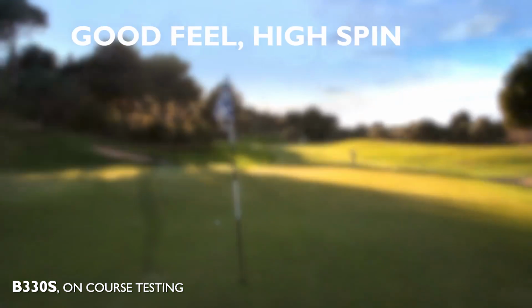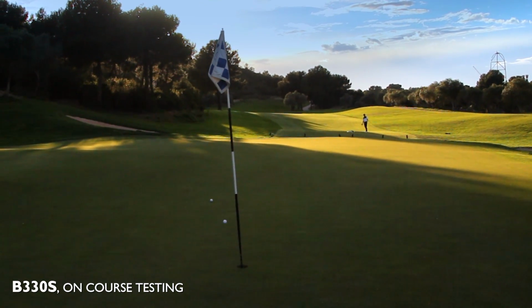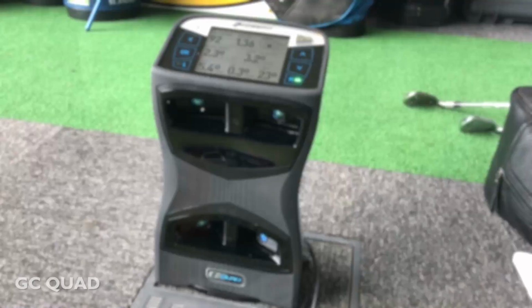Now at this point, I didn't know the S was the highest spin. This is just what I was writing down as I was testing these golf balls. So they're the 2 golf balls I'm going to continue using on GC Quad. I'm going to get some numbers in a moment. But I'll talk a little bit about the feel of these 2 golf balls as well, because I was getting, with the Tour